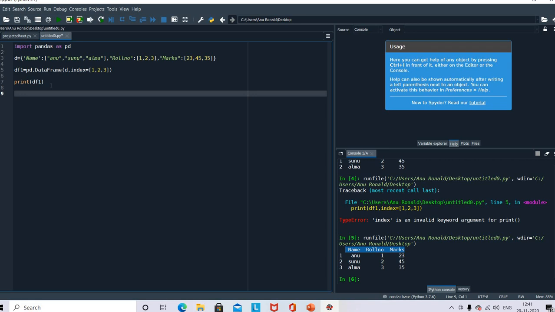Now, if I want to add a new row, how many rows do I have? I have 3 rows and 3 columns. If I have to add a new row or a column into the data frame, how can I do that? For that, first we are going to create a new row. df.loc of index value. The new index value I am going to give is 4. We already have 1, 2, 3, so I am just putting 4 equal to